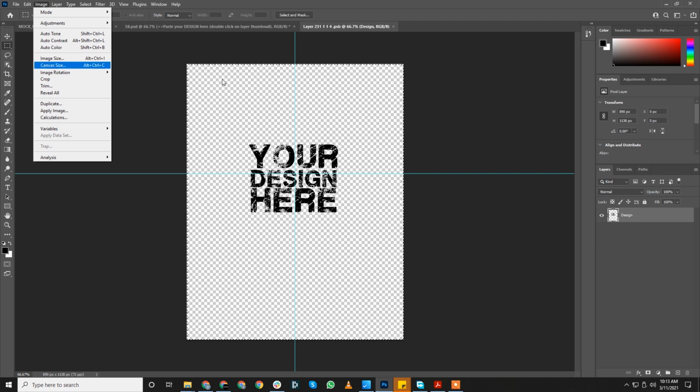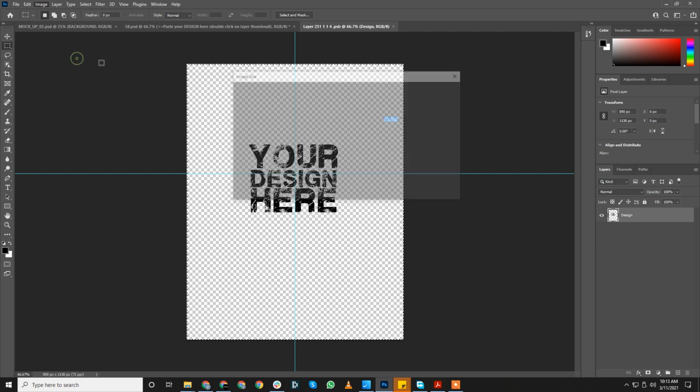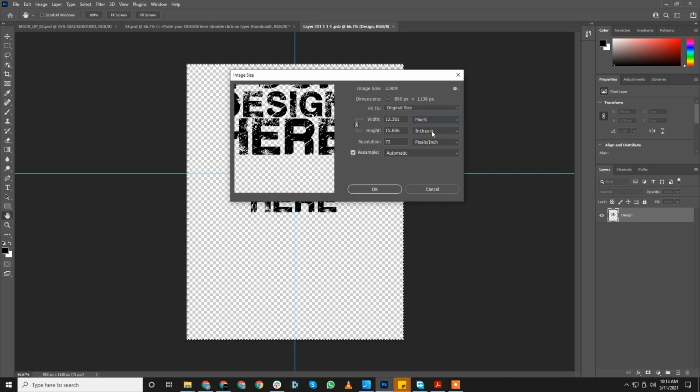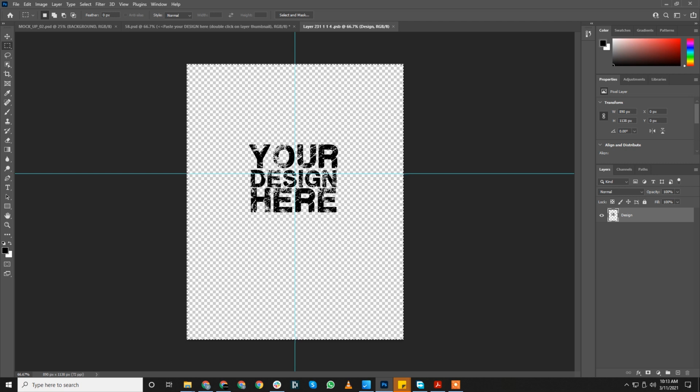I mean, if your design size is of this size, let me go to pixels, 8901138, then this is the perfect size. Also, if you select this as the smart object size, your design needs to be somewhere in between. It does not need to fill up the entire area.